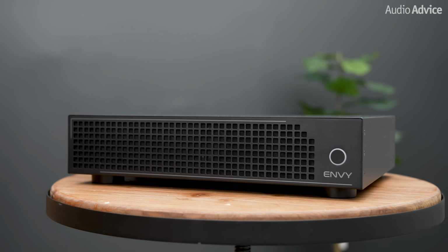I'm thrilled to introduce you to a brand new product from madVR Labs, making its grand debut right here at the Audio Advice Live Show in Raleigh, North Carolina. Let's not beat around the bush. For those of you who've been waiting for a more affordable version of the madVR Envy, you finally got your wish. The Envy Core that you see with me right here is coming this fall